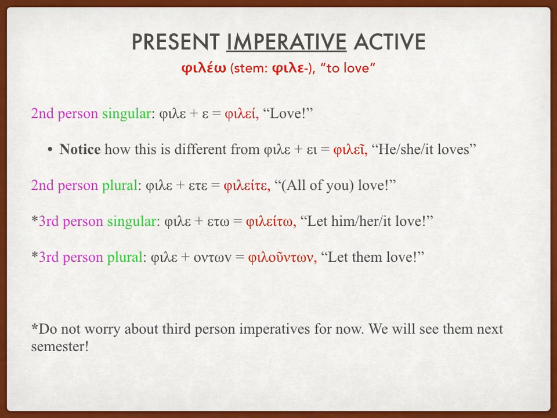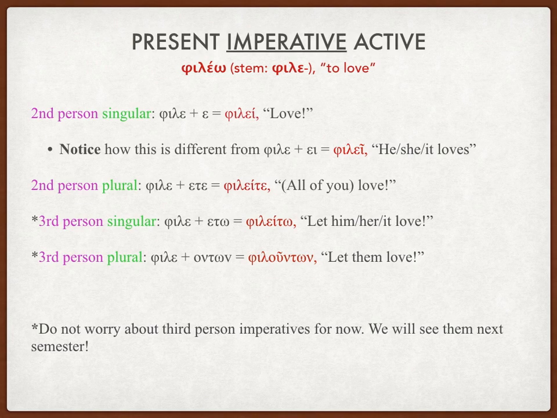So, if I have phile, if an ancient Greek heard me pronounce it short like that, they'd know that was a command. Hey, so-and-so, love, phile. But if they heard me say philae and stretch it out, they would know I was talking about somebody else who is loving. He, she, or it loves, because I've combined phile with a. So there's a slight difference in spelling there, which you'll need to remember when you come across those forms in